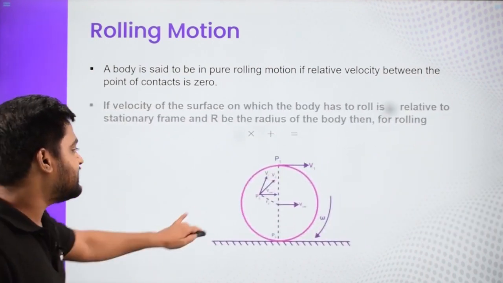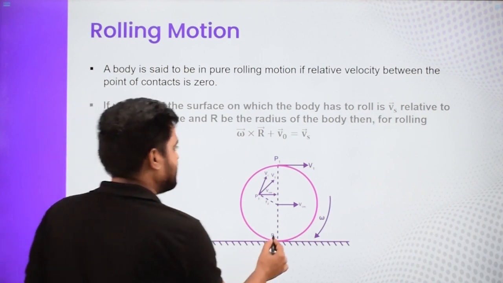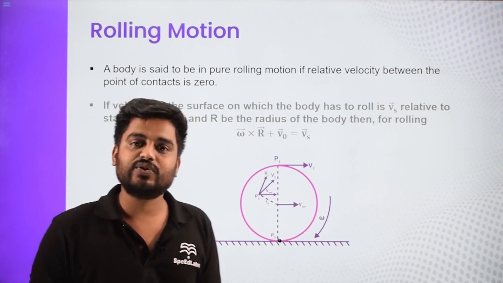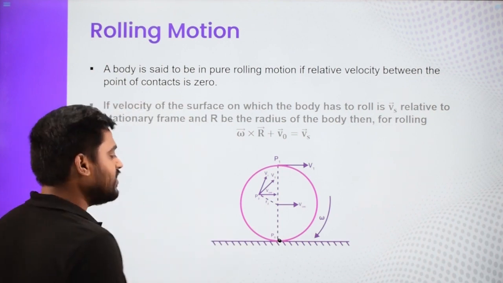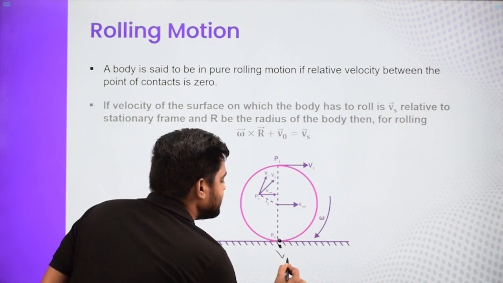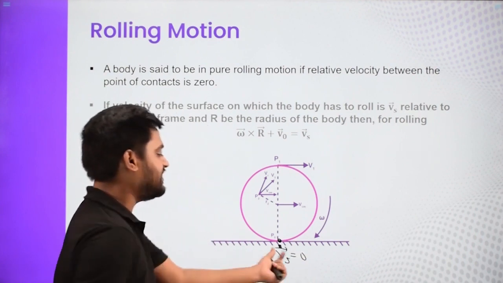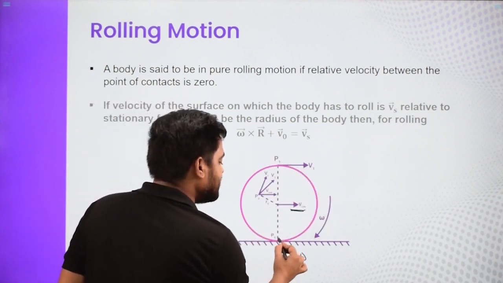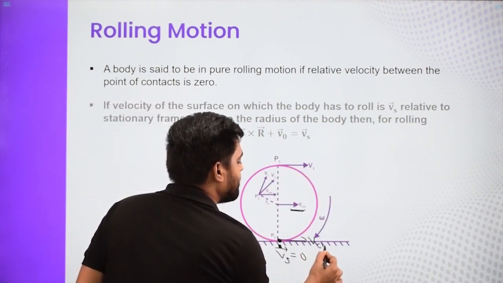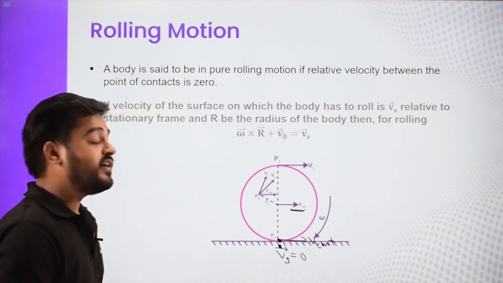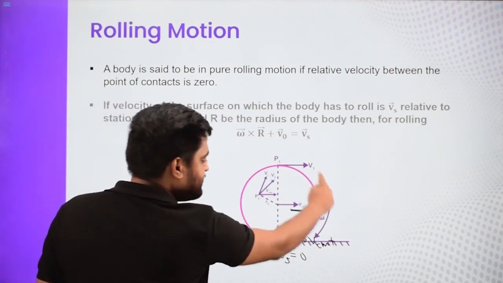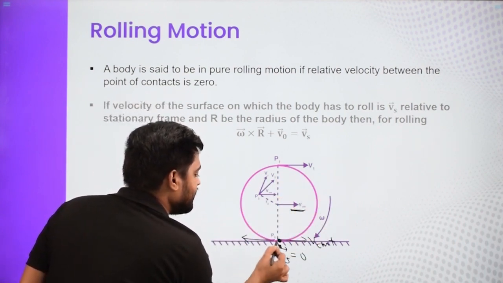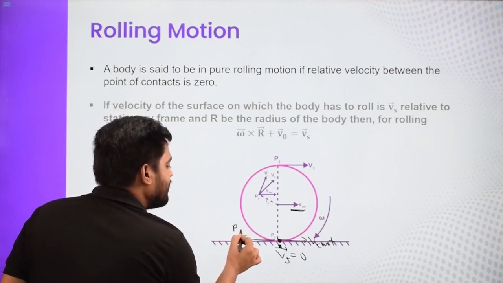And now here we can see a figure. This is the object which is on the ground. This is the condition for an object to do pure rolling on the ground. Now this point on the ground has velocity 0. If this entire object is going with VCM, then what is the velocity of this point? It is VCM plus omega cross r. What is omega cross r? As you can see, the object is rotating like this. So due to this omega, the velocity of this point is going to be r omega this way.